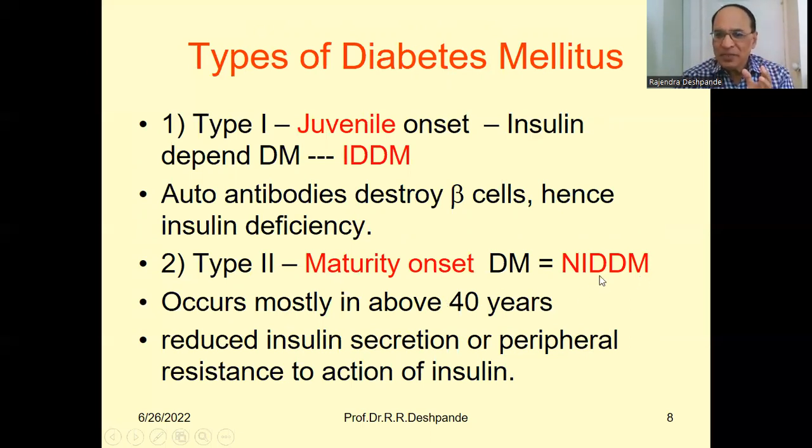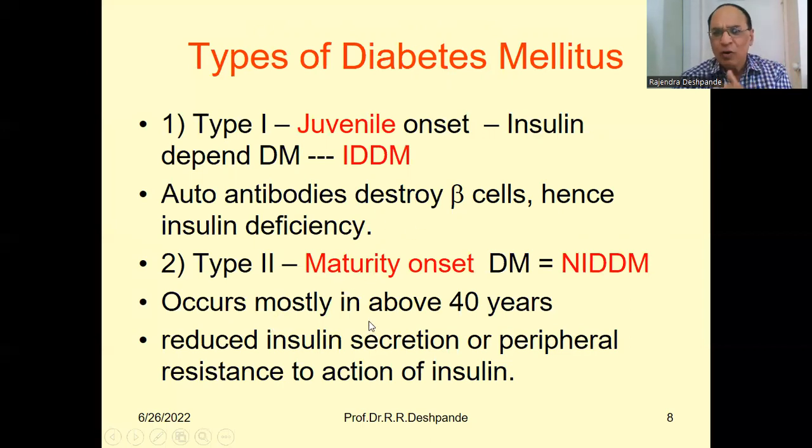dependent diabetes mellitus. That means this patient can be managed by oral tablets also, not 100% all the time insulin. But this juvenile, no, he has to take insulin. There is no alternative. There is no tablet for juvenile diabetes mellitus. Remember the difference. It is identified at the age of 10, at the age of 12, at the age of 7, even after birth. So this is juvenile diabetes. But after 30, after 40, after 50, this is maturity onset.